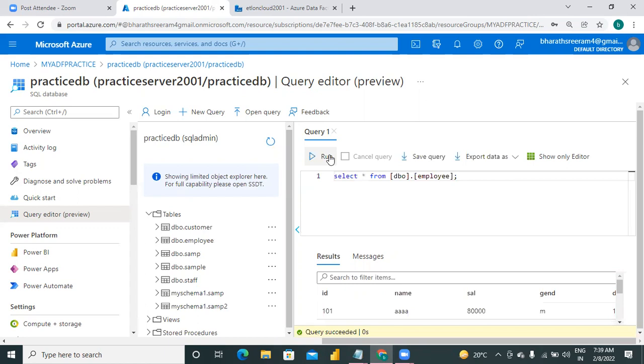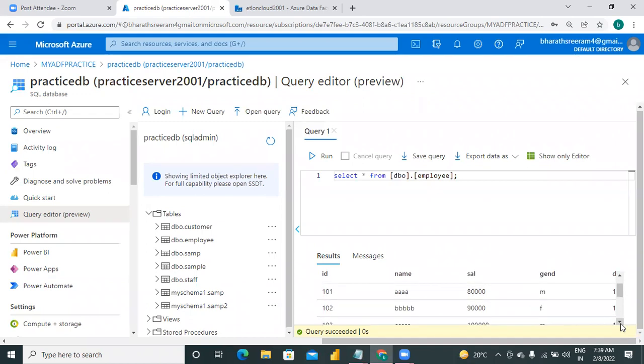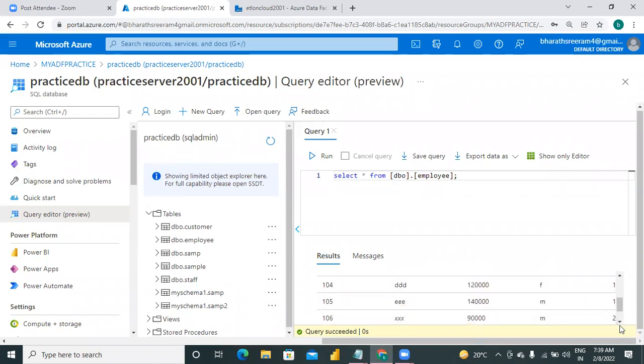If you check the columns: ID, name, salary, gender, and department number. The last one is department number, but ID is integer here. The second one is string, third one again integer, fourth one string and fifth one integer. But in the source, there are different data types. So that's why